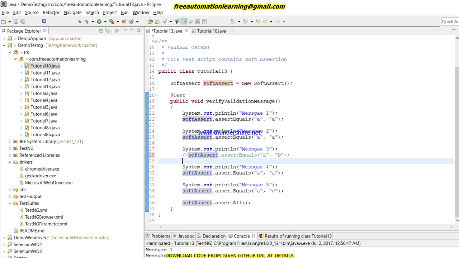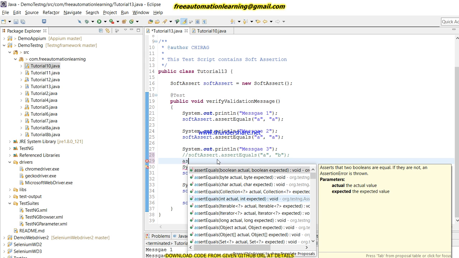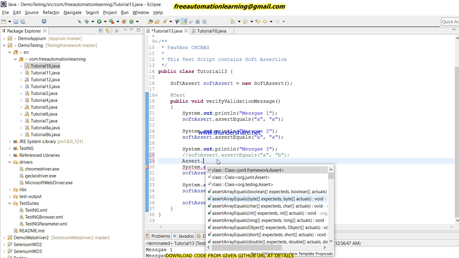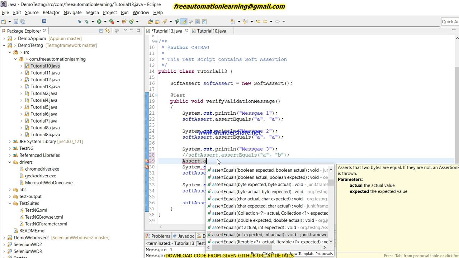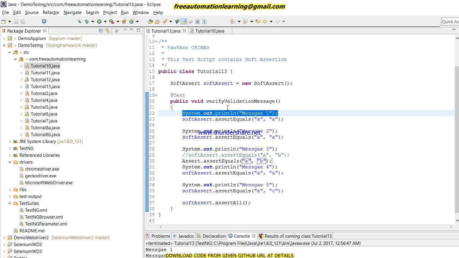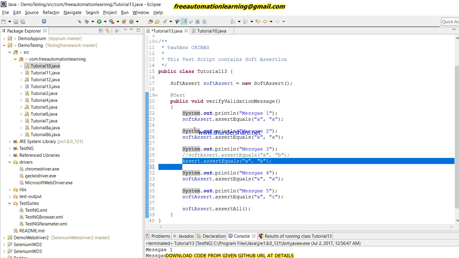Suppose here I need to use a hard assert, so let me call the Assert class dot hard assert and write A and B. In this condition, you can notice that my message 1 will print, message 2 will print, message 3 will print, but at this condition it fails because A and B do not match.